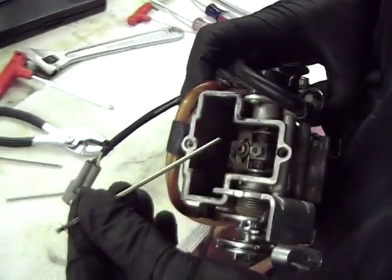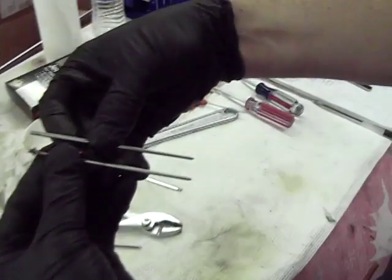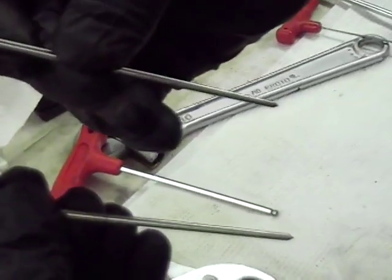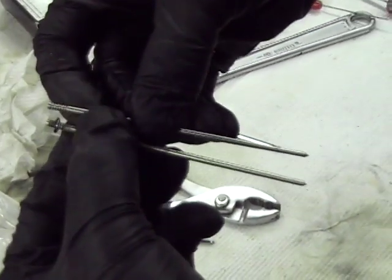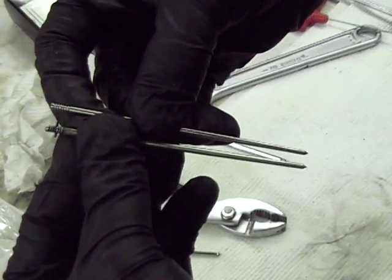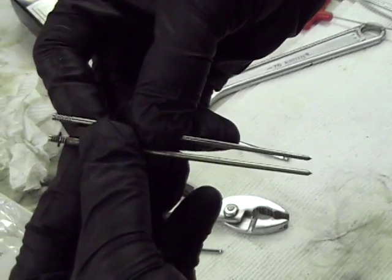There isn't one here, so that's the stock needle. That's going to come out, and if you look at the difference, you can barely see that this needle is thinner and the taper is not as radical. So whatever they've done in their research, they figured out that it runs better by changing that taper on the